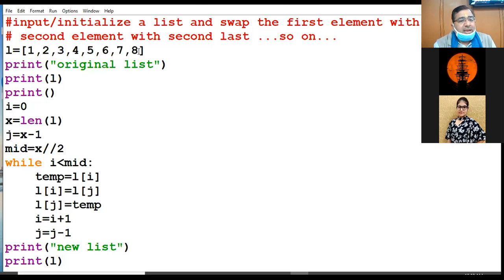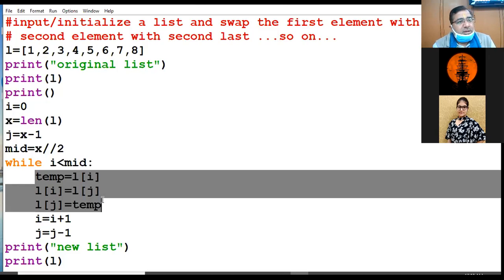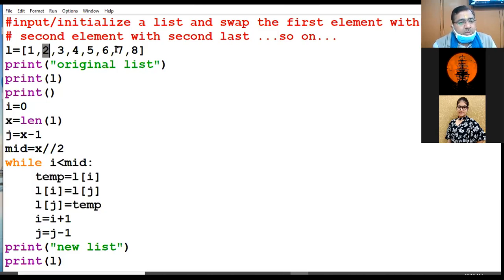To make you more clear, try to view carefully how I am shading the portion. I am moving backward. This will be the movement of J, right? It will shift one element back. So the element lying at first index, keep on looking at the shaded portion, will be swapped with the element at the last position. This is the swapping. The swapping will continue till I reaches the condition.